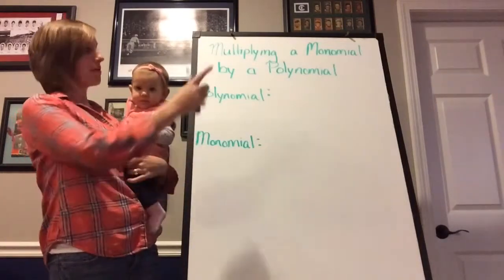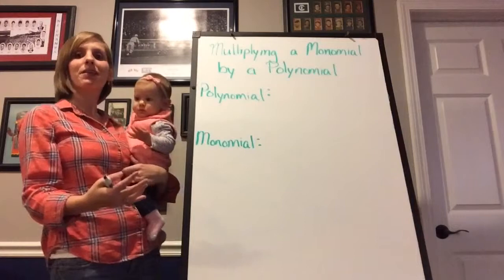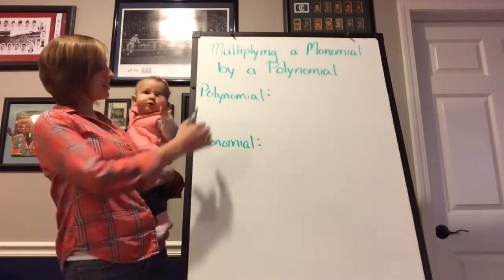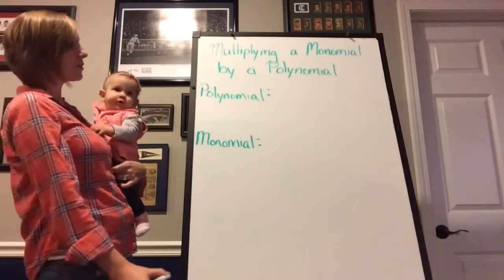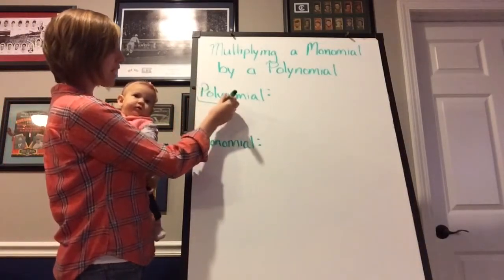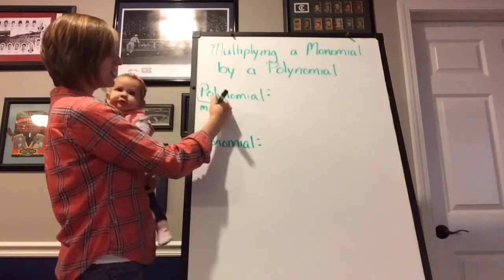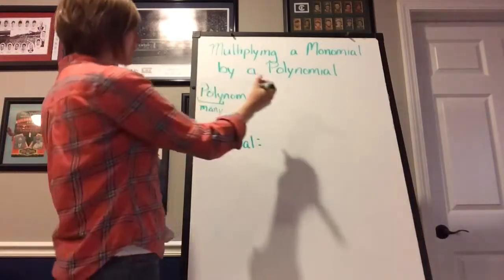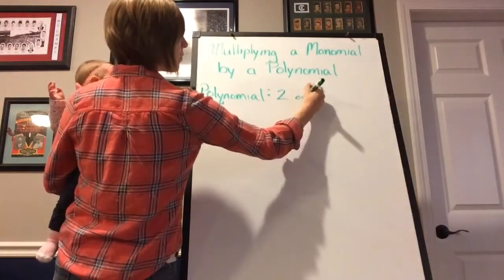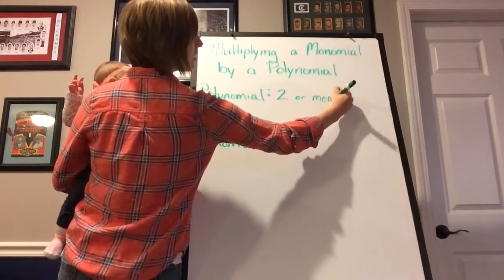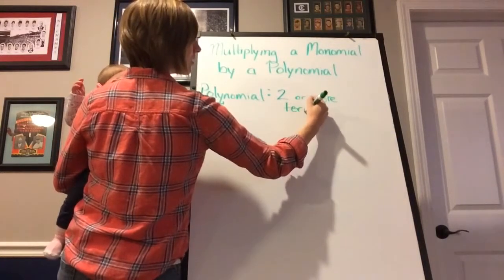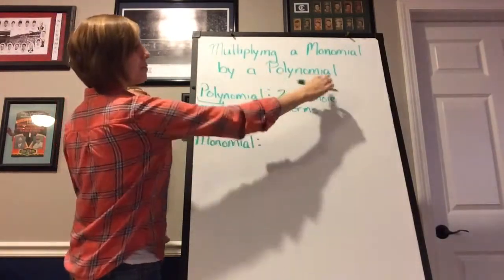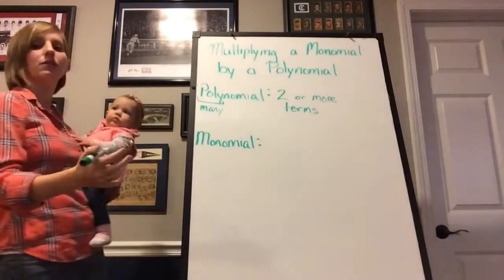Because we're multiplying a monomial by a polynomial, we should probably define those words first, and then we'll get started with our examples. First we have the word polynomial. The word polynomial has the prefix poly, which means many. So when we see the term polynomial, that means many terms. So a polynomial is two or more terms. We're going to be multiplying by a polynomial, so we're going to be multiplying with two or more